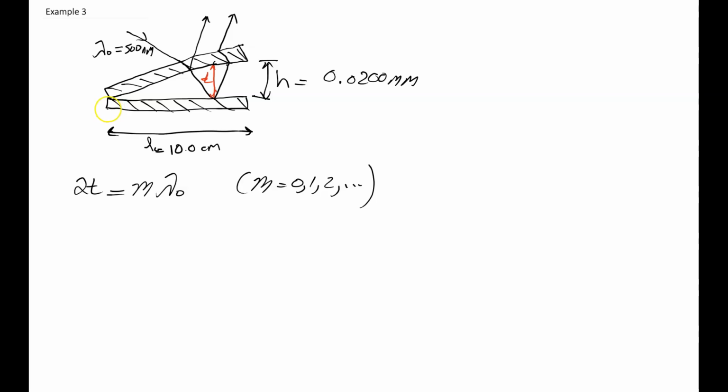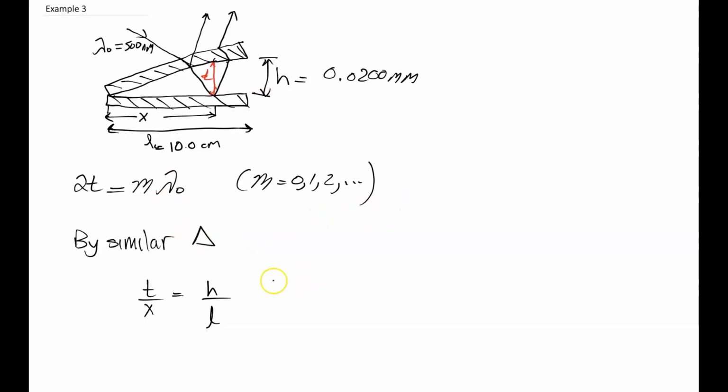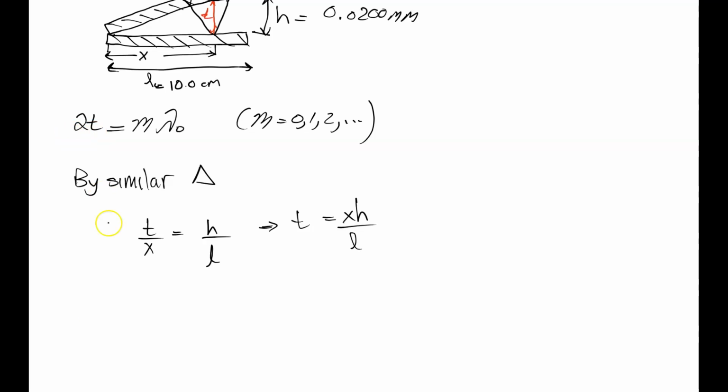And if we call the distance from here to t x, then by similar triangles we have t over x will equal h over L, and this means that t equals xh over L. And if we take this result and plug it back into the destructive interference formula, we get